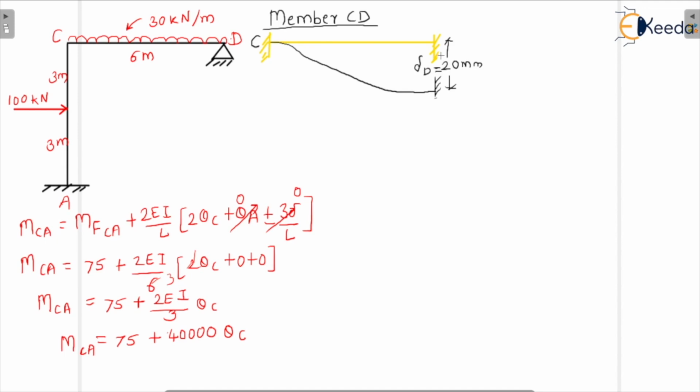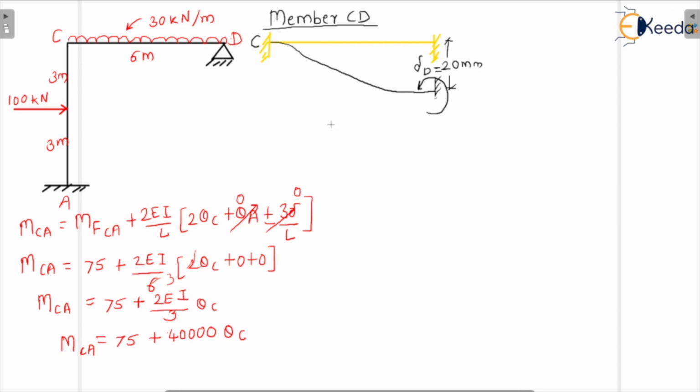Okay. Now if this D settles down, it settles down here. So there will be some fixed end moment developed in anti-clockwise direction. Because it is settling down, it will create a moment here like this, right? So it will be creating a moment in anti-clockwise direction. Now let us add the value of settlement in the equation.